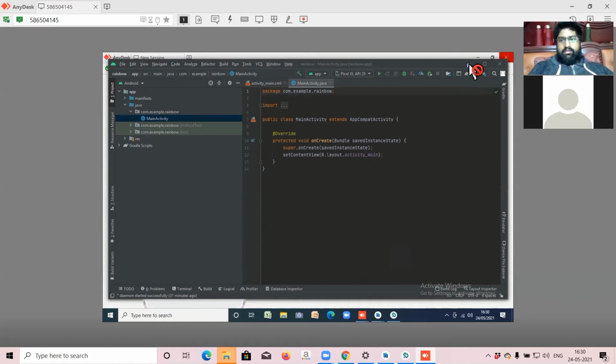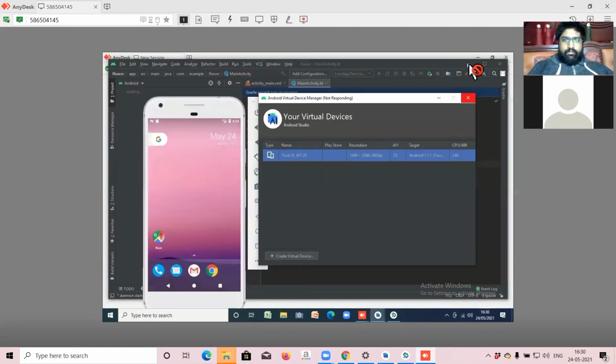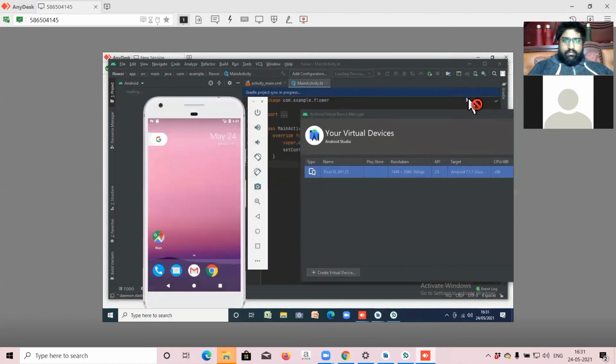Minimize Android Studio. Okay, chill. Go and close this thing. See, close option is there, right? Select that. It is completed.